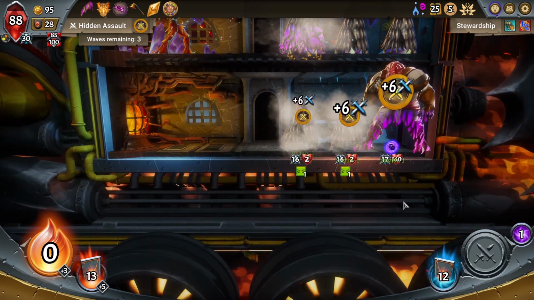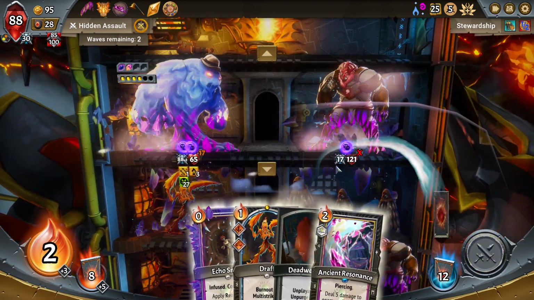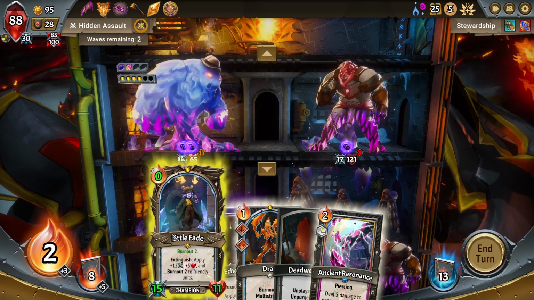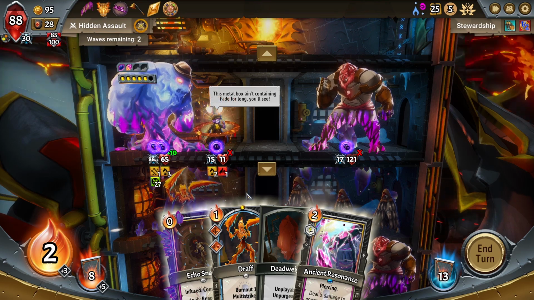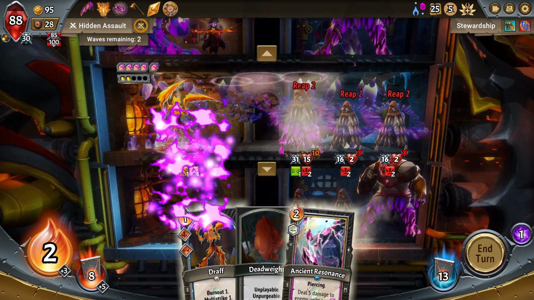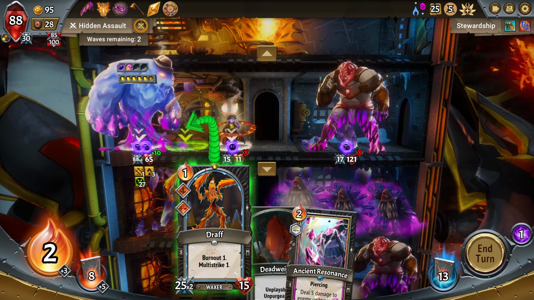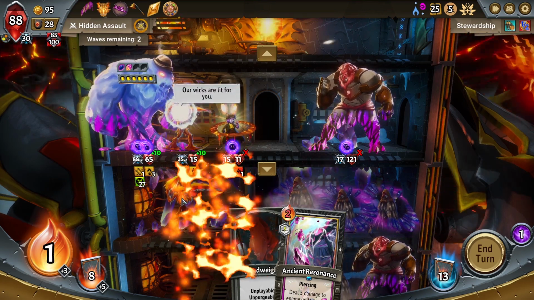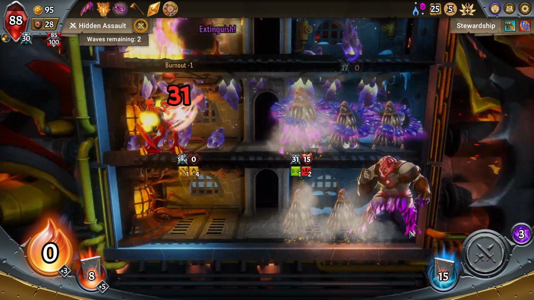Because now there's just 1 unit up there. I think that's way better. So, Little Fade. We don't mind her dying. I think a draft fits because it's going to live, which means it will have another tank for the next turn. Just don't play Ancient Resonance. It's a good card, it's just...